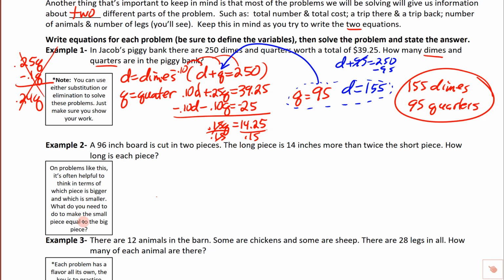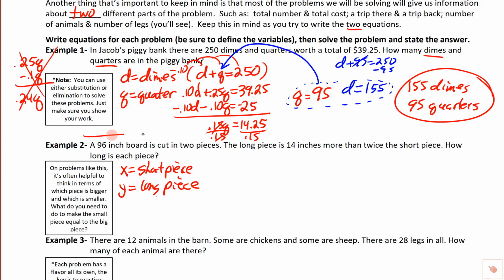We need to declare variables. So we're going to write x equals, this is the short piece, and then y is going to equal the long piece. Okay? Now, one thing we definitely know about it is we take these two pieces and we get a 96-inch